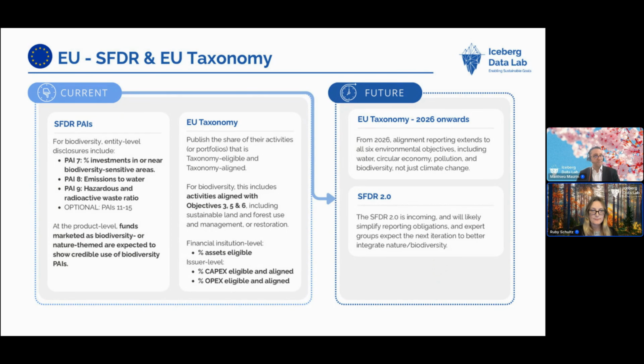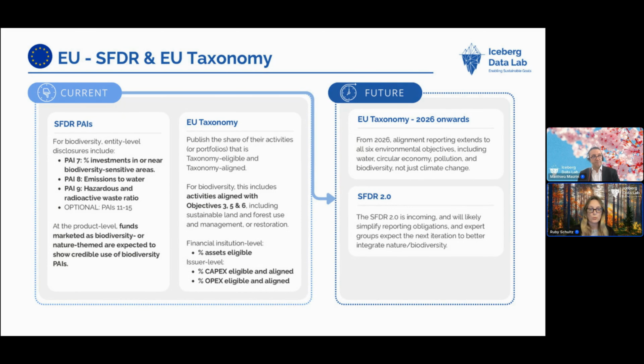The EU taxonomy sets out detailed criteria for which activities really count as sustainable. This is across 6 objectives, and 3 of those objectives are to do with nature. That's water, pollution, and the protection and restoration of biodiversity and ecosystems. So investors can then measure what share of their companies' revenues, CapEx and OpEx is eligible, so that's defined as a taxonomy activity. This may be projects, for example, that finance nature conservation or improve water supply.